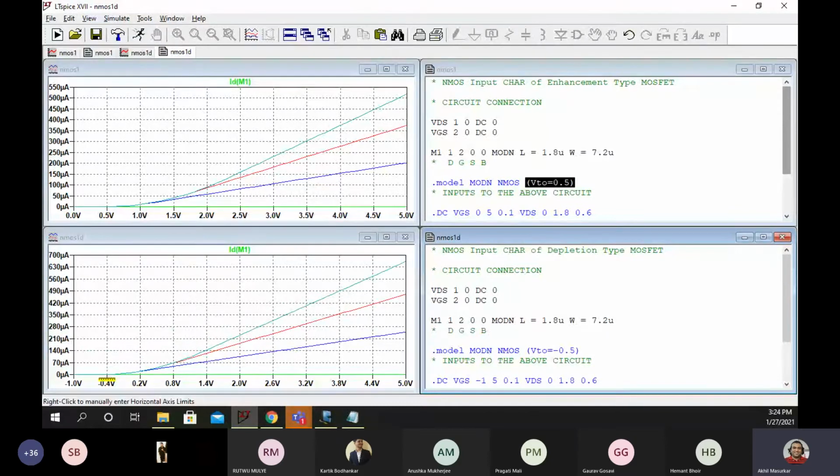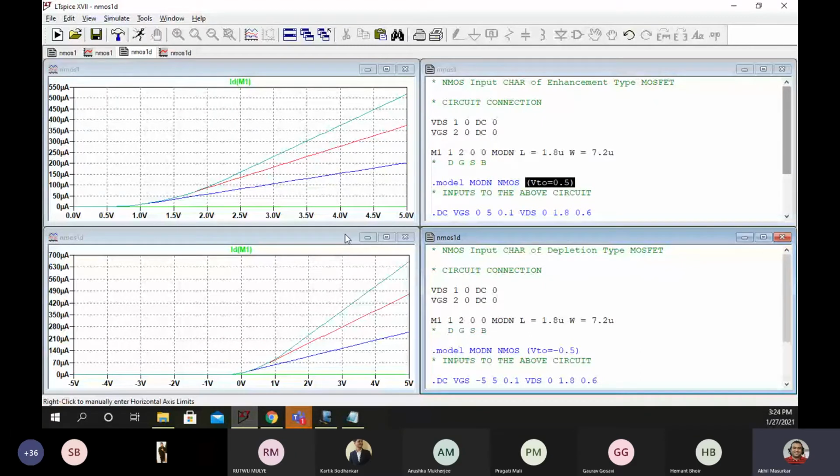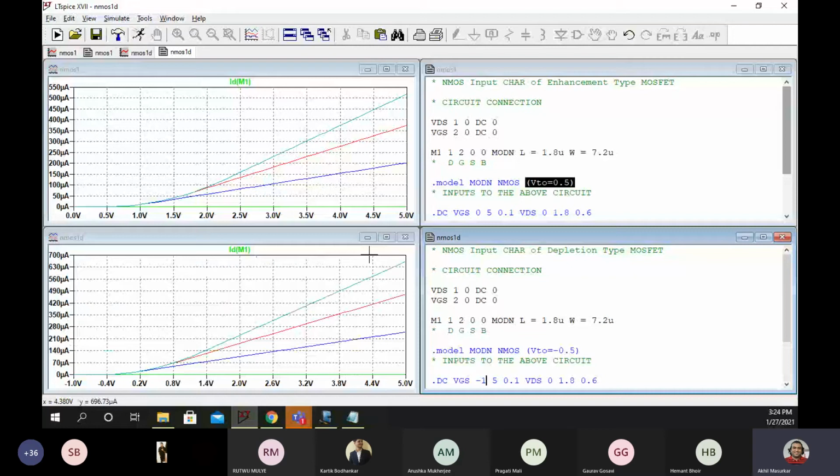So now you can see that minus 0.5. You can also say minus 5, no problem, but it will only shift or compress the characteristics. So you should now be very clearly able to see the distinction between a depletion type and an enhancement type MOSFET.